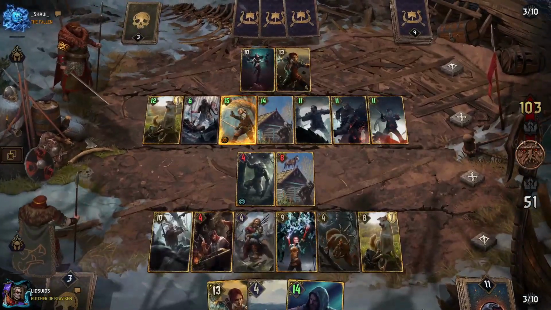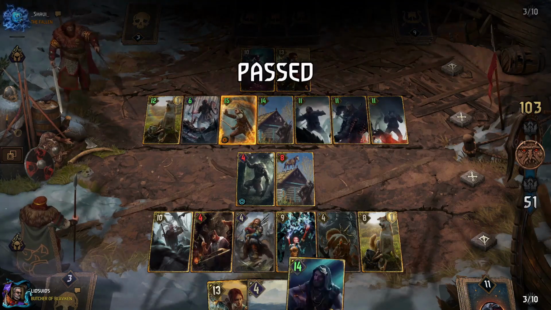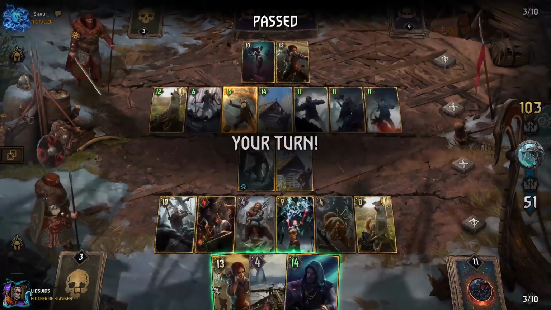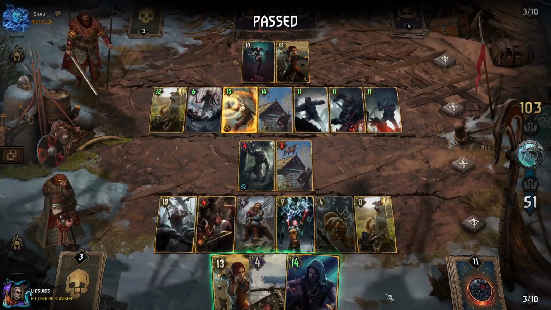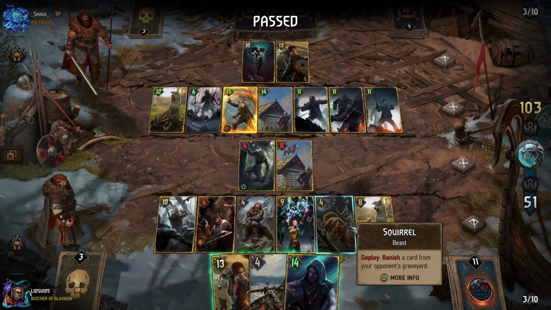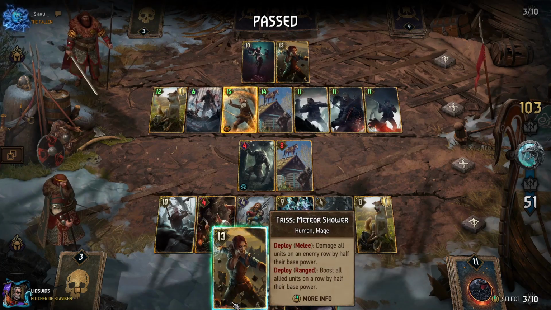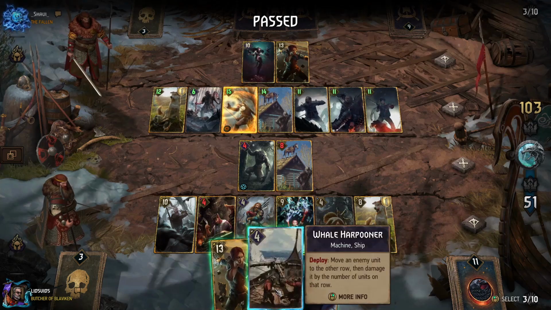So I think that is going to be painful for them. Now, they probably are going to pass here, because they have a big lead. Obviously, we can score a lot with Triss Meteor Shower, but we basically just accepted the fact in playing this Squirrel that we are prioritizing removing their carryover over ensuring that we would win round 1, because this plus, well,